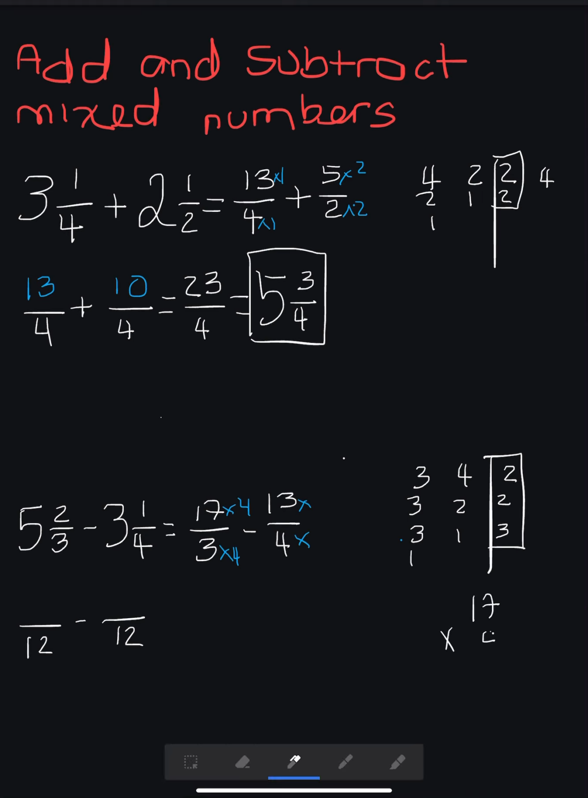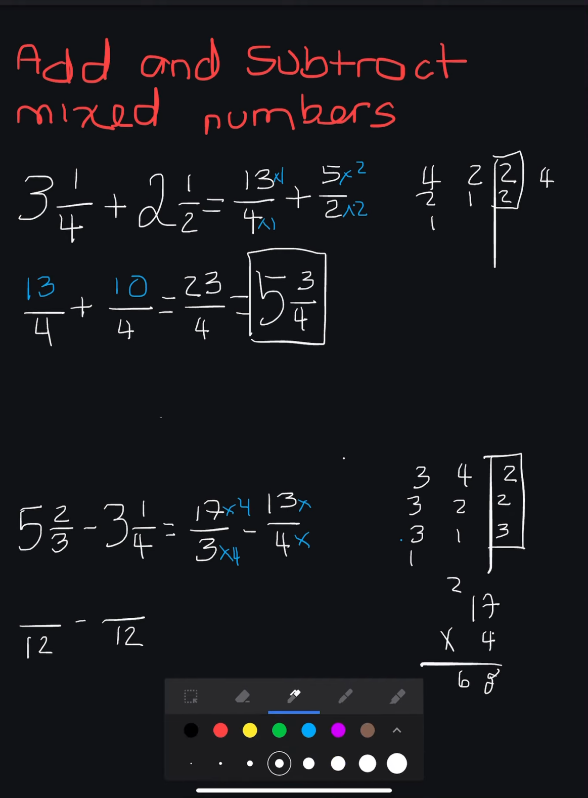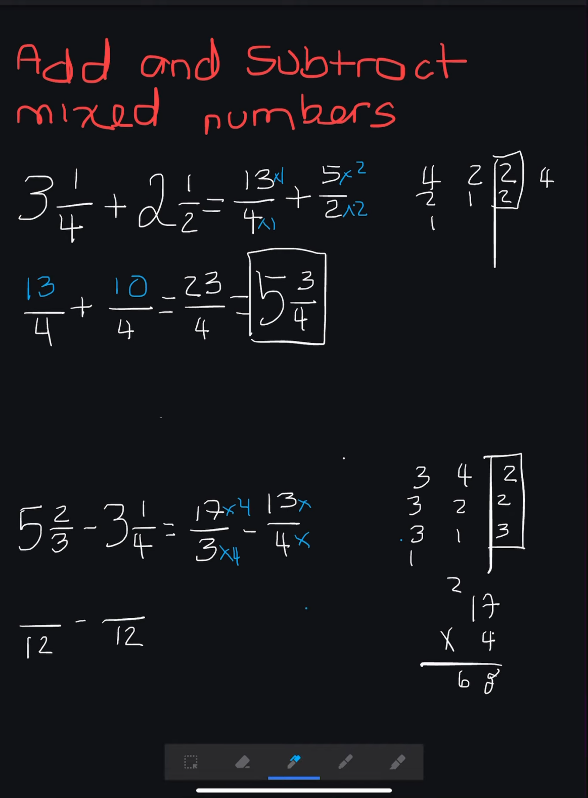17 times 4. 4 times 7 is 28. 8, and I take 2. 4 times 1 is 4, plus 2 is 6. 68. If you don't know that method, you can always use as well the box method to multiply, okay? So we have 68